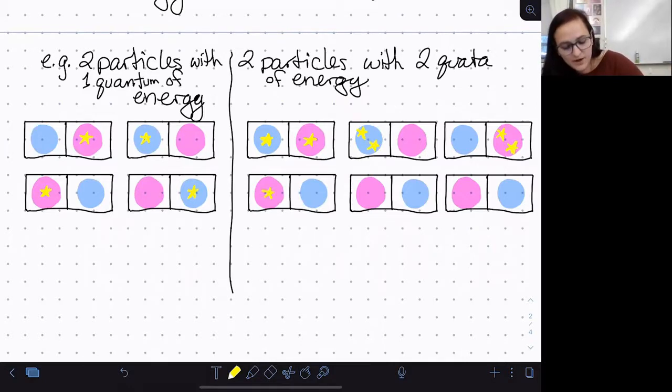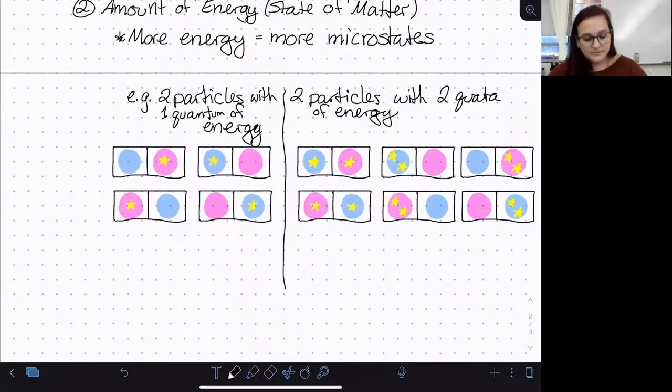I can spread my energy out evenly between my two different particles. I can have all of it on the pink, or I can have all of it on the blue. So by adding more energy into the system, keeping the same number of particles, I have also increased the number of possible microstates. I've gone from having 4 microstates with only one quanta of energy to having 6 microstates when I put in 2. So how this applies to chemical reactions is most notably through our state of matter, where